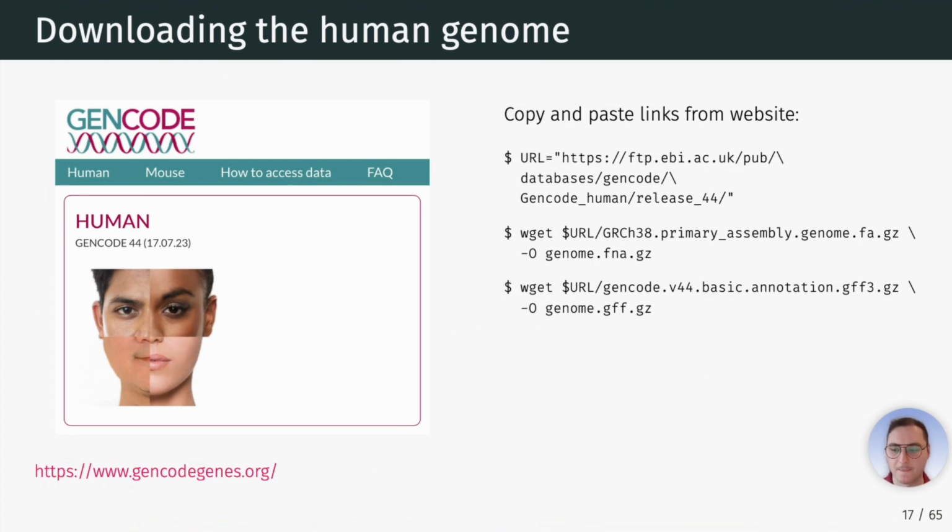I would suggest to go, for instance, to the GenCode website, click around until it gives us a download button where you can copy the link to a URL, which we can then download from. And now comes the first bash script, indicated here on the right with these dollar signs. That is, I type a command, for instance here, wget, web get, to download a certain file from the internet and store it in, for instance,